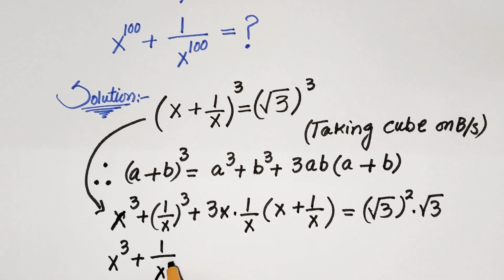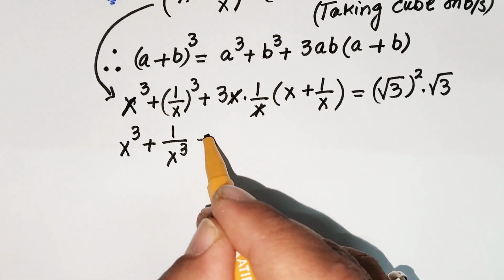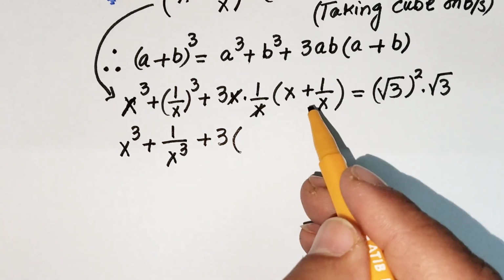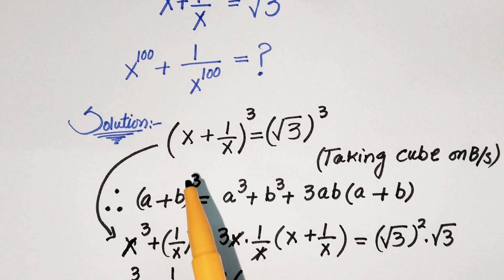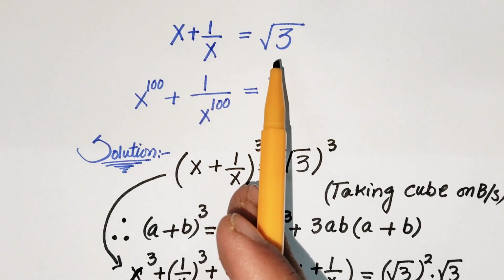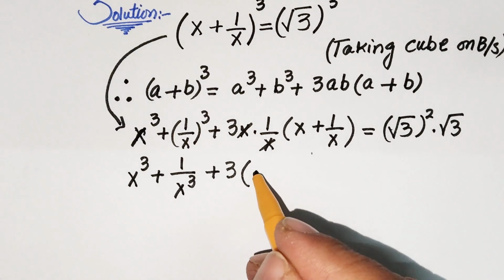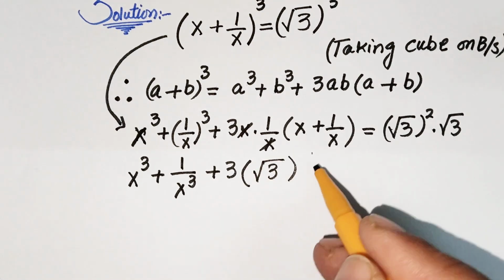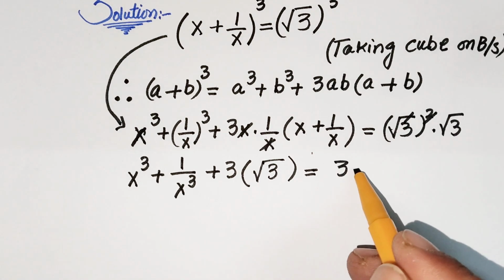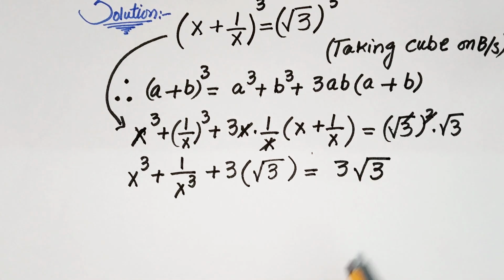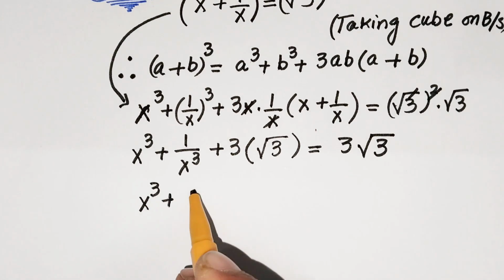So here x cubed plus, cancelling x with x, we get 3 times x plus 1 over x. As we see that in our problem, x plus 1 over x is equal to square root of 3. So we are just writing here square root of 3, which is equal to, cancelling square with square root, we get 3 times square root of 3. So now x cubed plus 1 over x cubed,